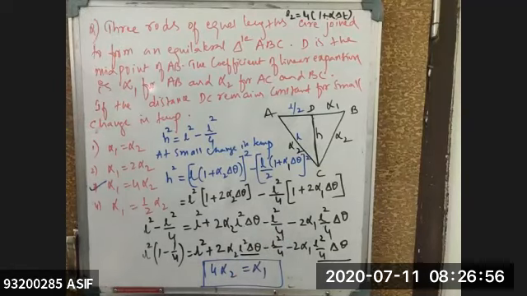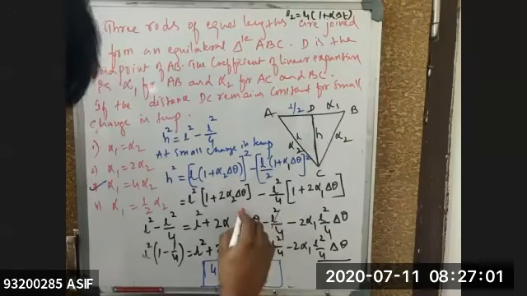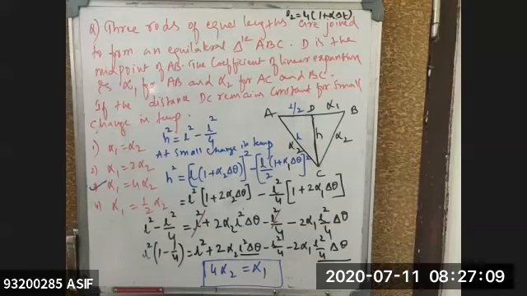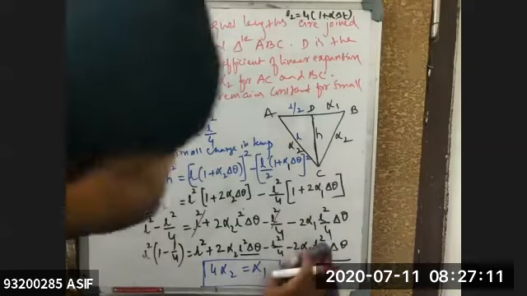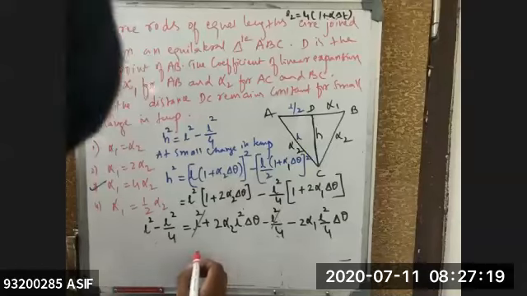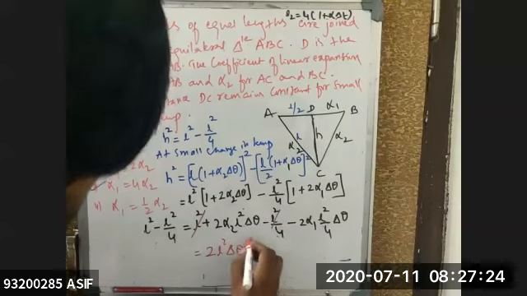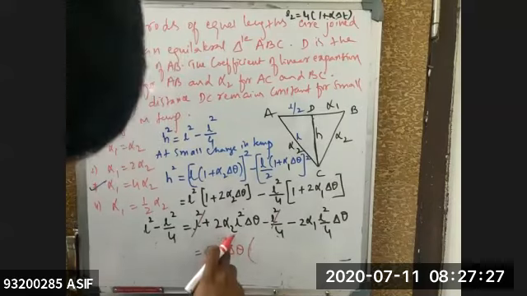L square by 4 and L square, the first term. And then if we take common, what I can take common in this one? In those words, we can take 2 L square delta theta. Into this one will become for me alpha 2 minus alpha 1 by 4. This one is 2 times.